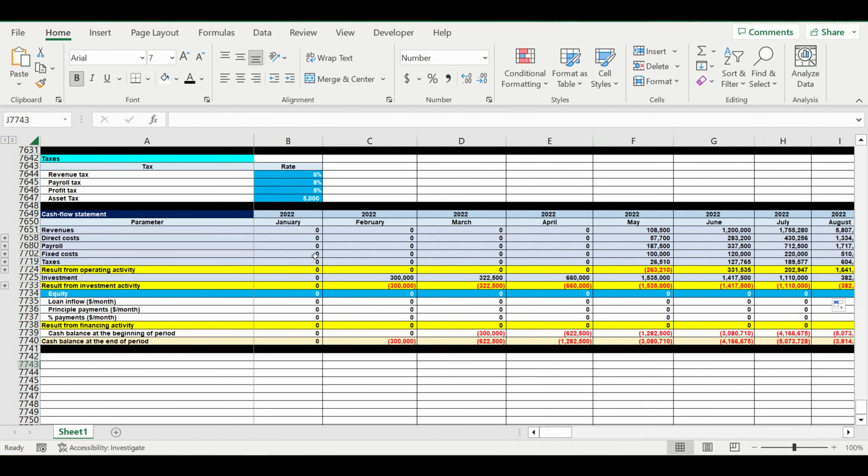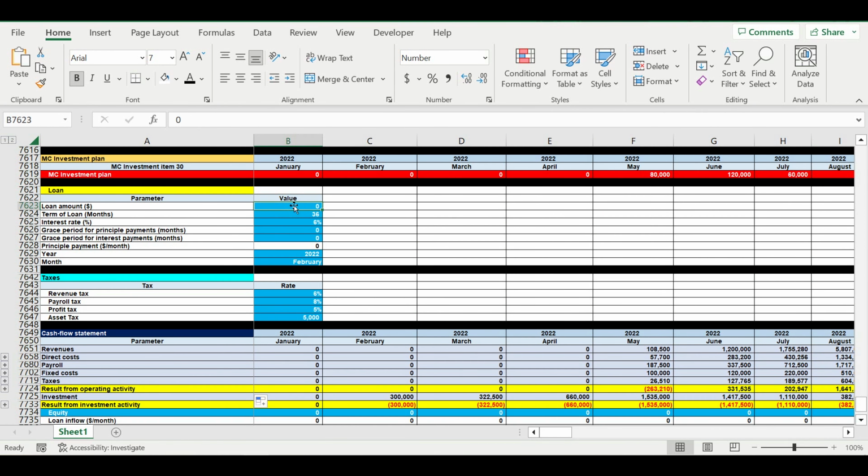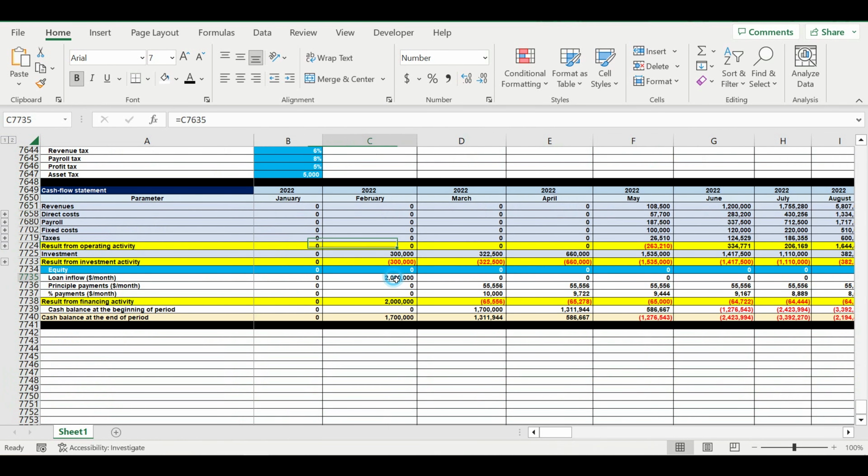The second scenario is when, for example, you have a loan. Here we specify the term of the loan, the interest rate, and the grace period for interest payments and principal payments. Here we specify when we take this loan. So here it is. Then, as usual, we look at the last line of the cash flow statement. Here we can see